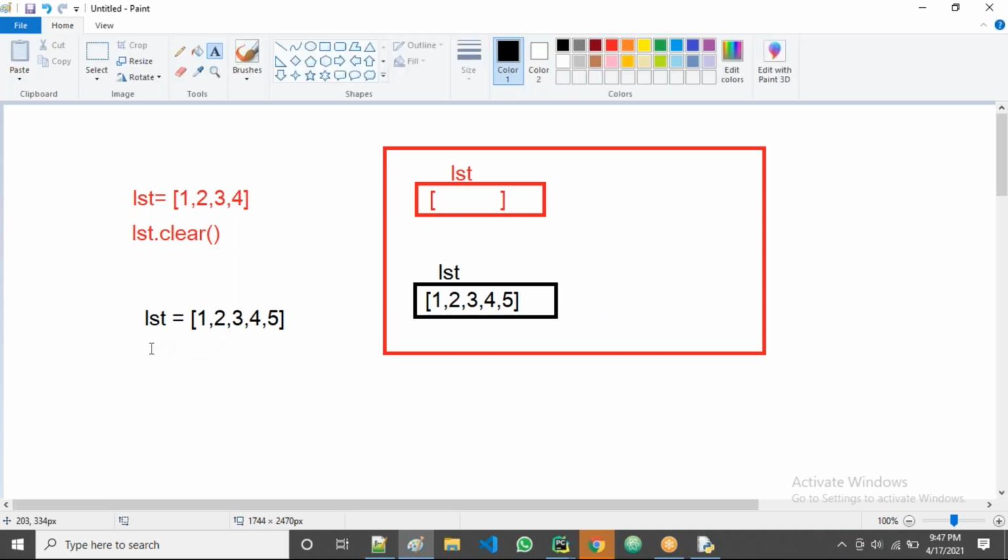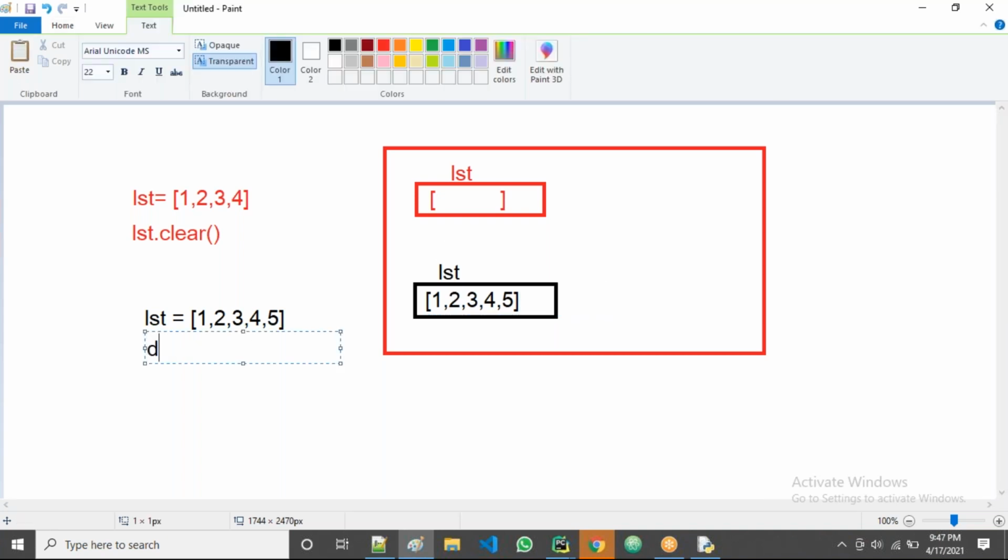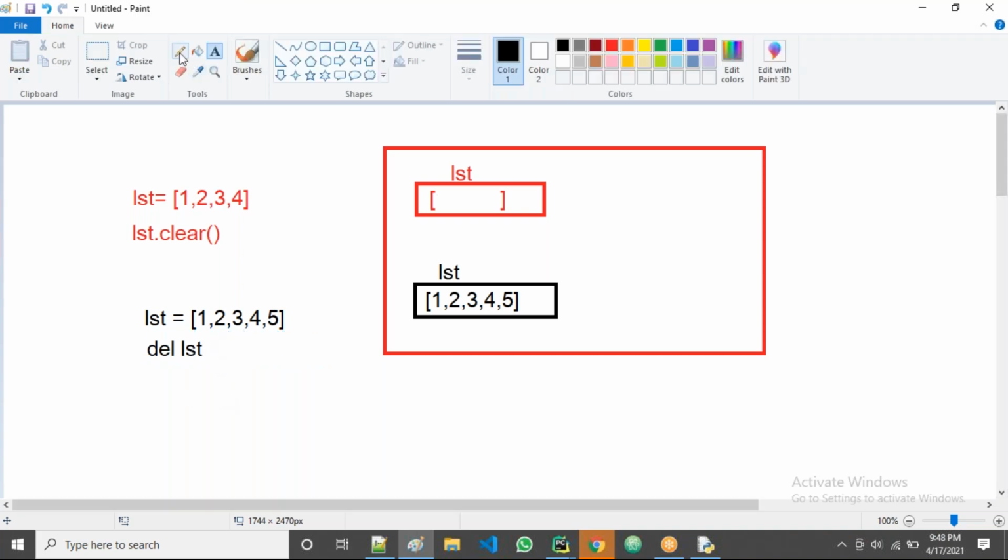Now I'm applying del space lst. Del is not a function, it's a command. Now when I run this, immediately from memory it will remove the entire list. See now, the entire list is removed.